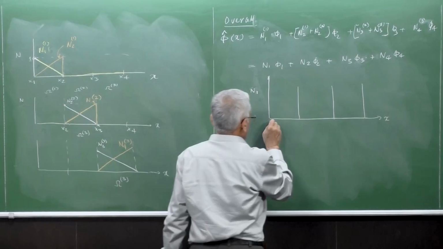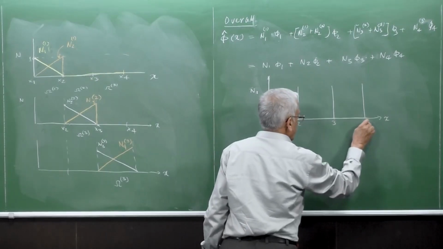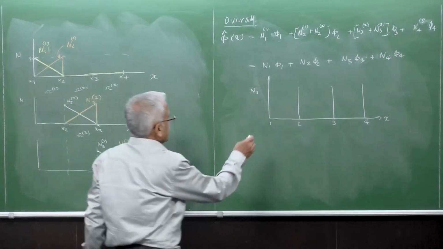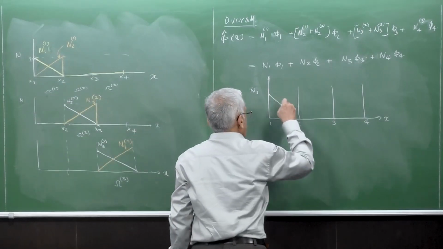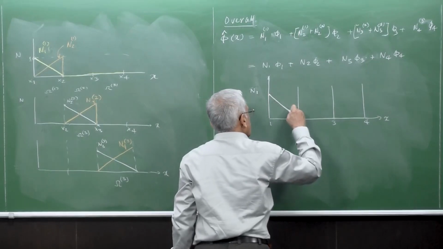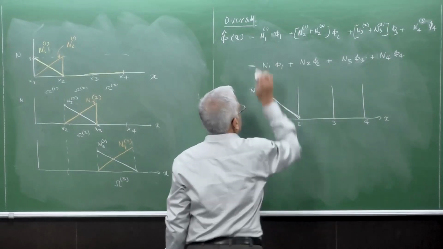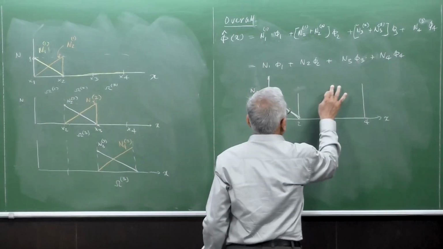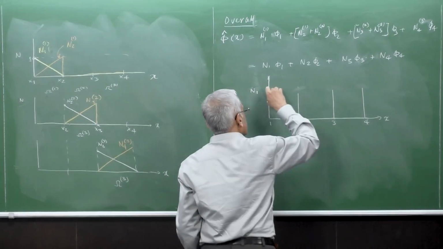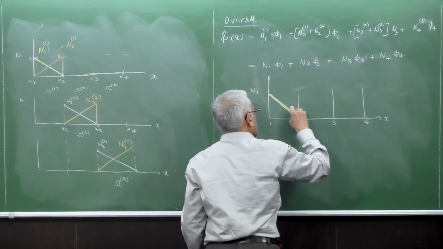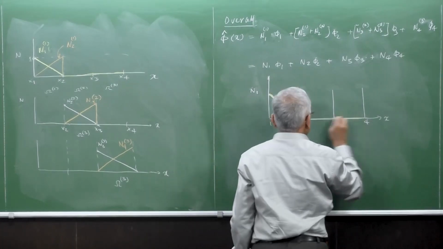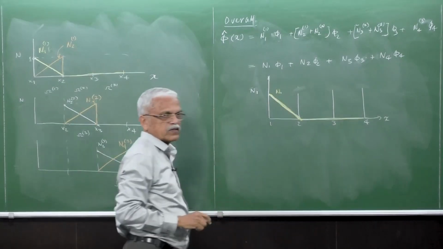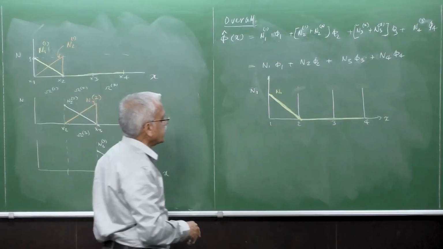If you take N1, look at this one, N1 is like this. It consists of the only non-zero expression in domain 1. So that means it is like this, and 0 everywhere. So this is the overall expression. Similarly, we can also say